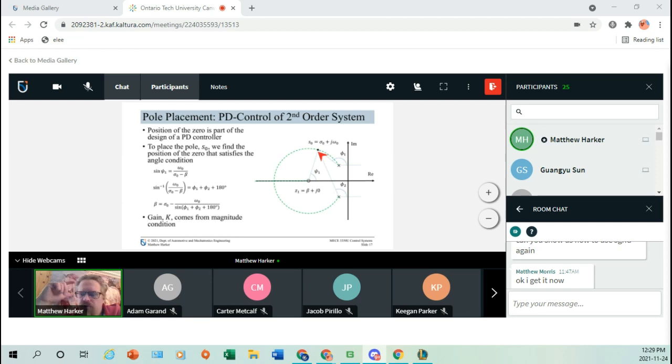Again, having those 2 degrees of freedom. And so what we can do for this example is, because we know the pole or the zero is going to lie on that real axis, we can basically then use the angle condition, which basically says, if I want this point to be